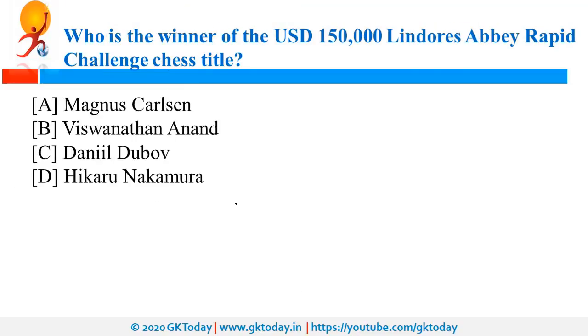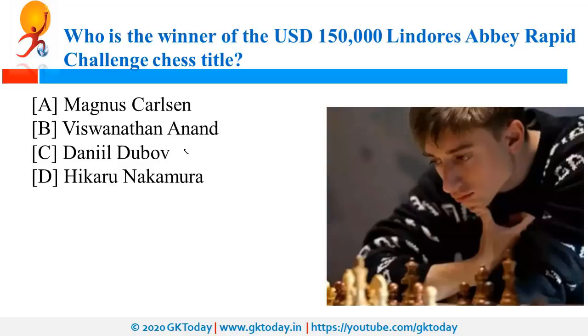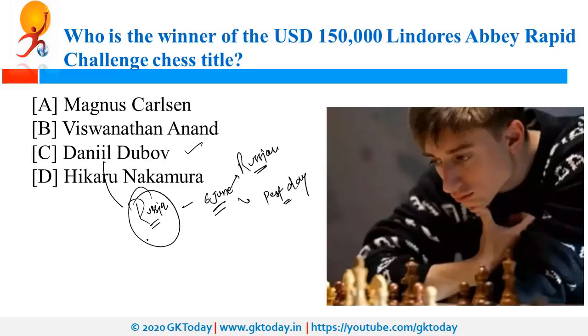culture of each other. Who is the winner of the Lindorus AB Rapid Challenge chess title? And it is worth 1,50,000 USD. So the right answer is Daniil Dubois. Daniil Dubois has won this Lindorus AB Rapid Chess title. Now Daniil Dubois is from Russia. Recently Russia was in news as 6th of June was celebrated as Russian Language Day. 6th of June was also celebrated as World Pest Day or Pest Awareness Day. Now Russia was also in news because of an oil spill, and recently Russia declared a state of emergency after the oil spill